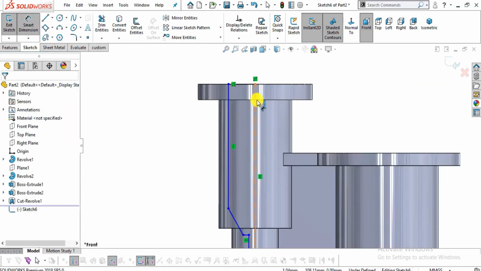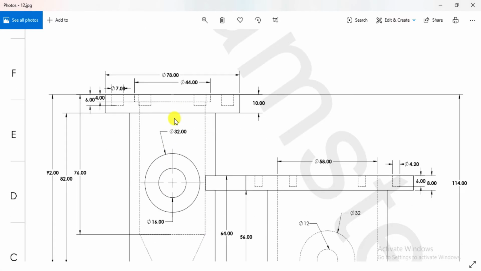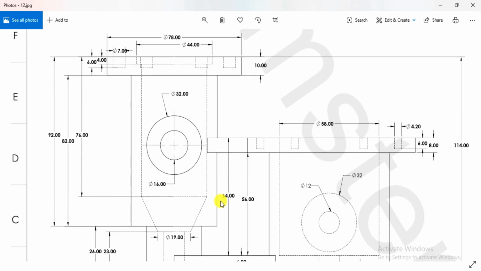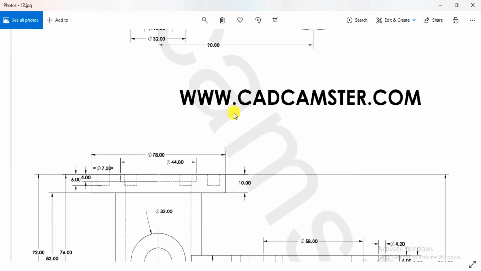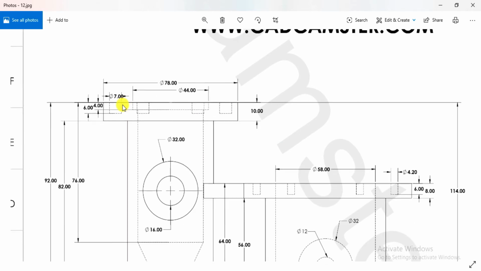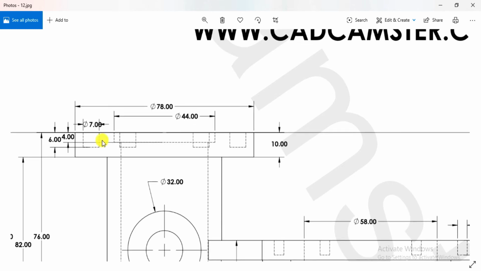Now I will assign some dimensions. For that, go to Smart Dimension. First, let me go through this dimension. You can see this inner cutout will be, let me edit this sketch, because there is also a cutout up to 4 mm.